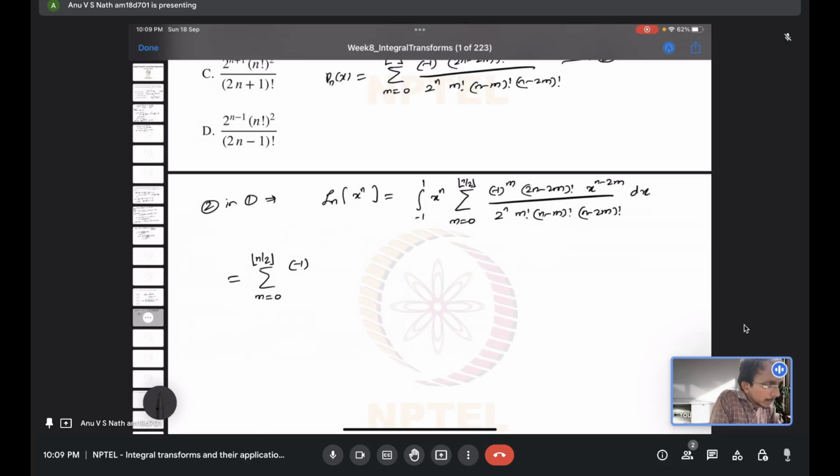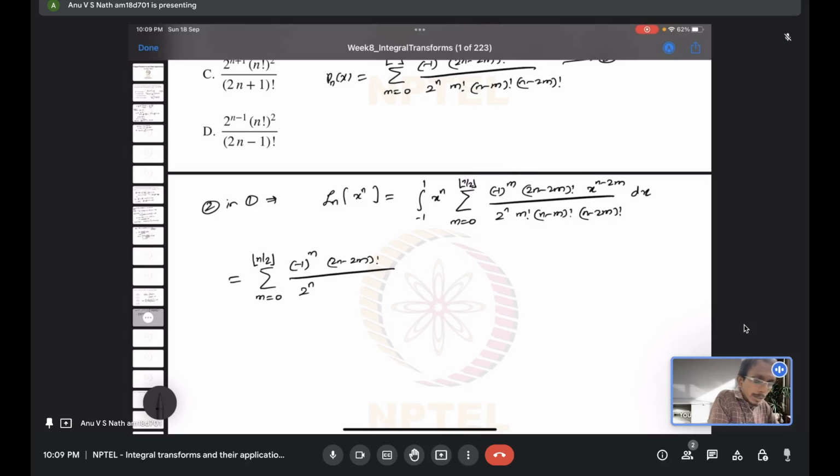So it's (minus 1) raised to m, (2n minus 2m) factorial divided by 2 raised to n. Even 2 raised to n I can keep outside the sum also, because it does not depend on m as well, right? But I will just keep it there, it's fine. m factorial, (n minus m) factorial, (n minus 2m) factorial, then